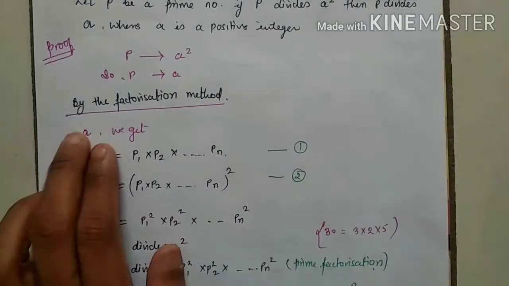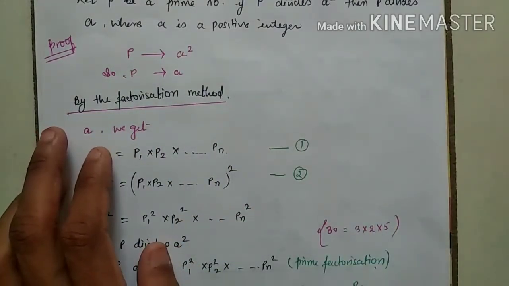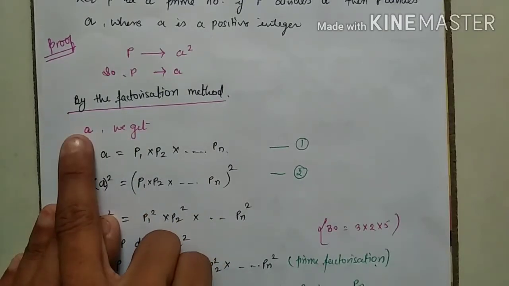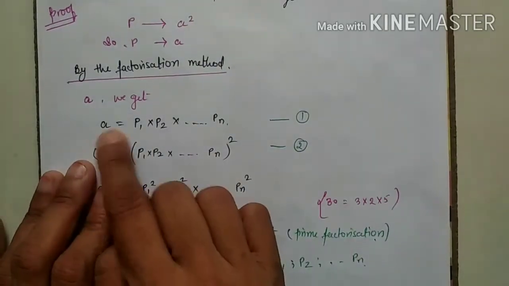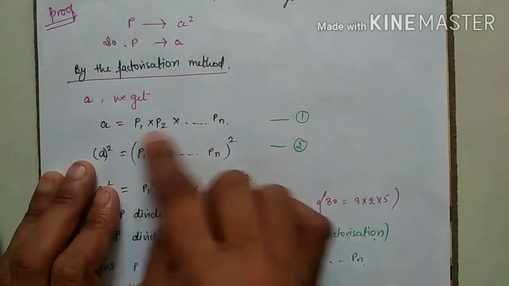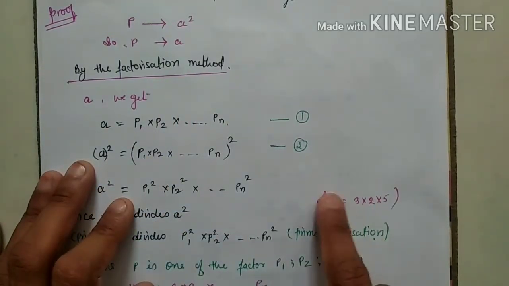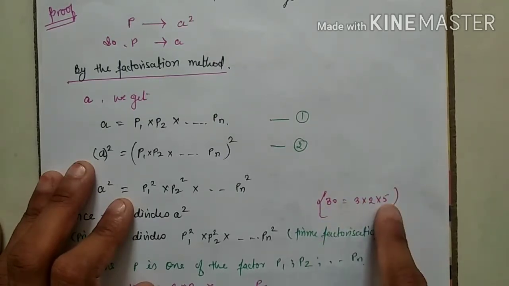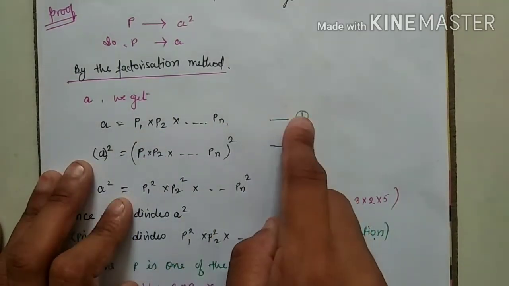Okay. Now, by the factorization method, as you know, we did prime factorization before exercise 2.1 and 2.2, there were some questions we did, correct? Now here, I am assuming a is an integer number, and I am doing the prime factorization. So by the prime factorization, what will I get? a equals all the prime numbers which I get. I have written an example here: 30 is my number, that is my a, and the prime factorization is 3 into 2 into 5. All these numbers are prime factors, correct? So I have written a equals p1 into p2 into pn. Is it clear? I am assuming this is the first equation.